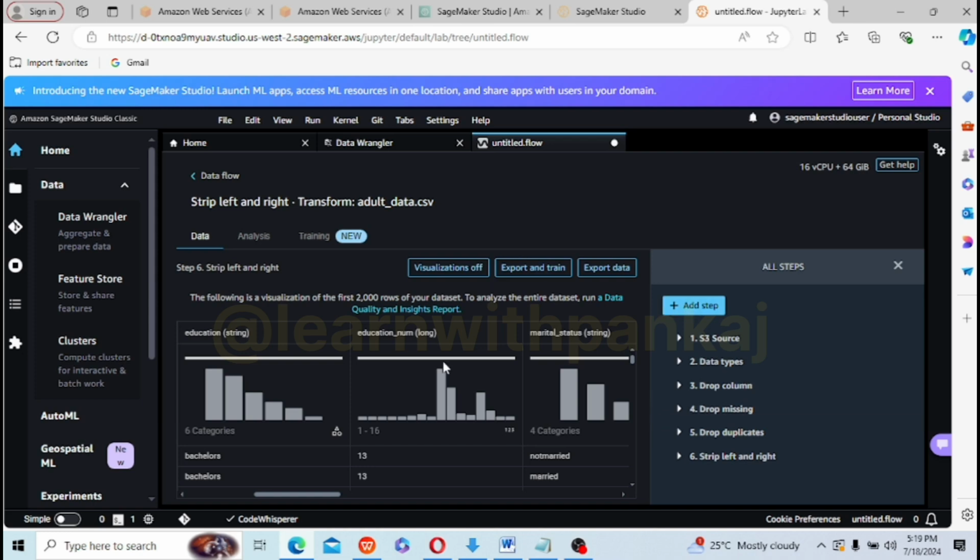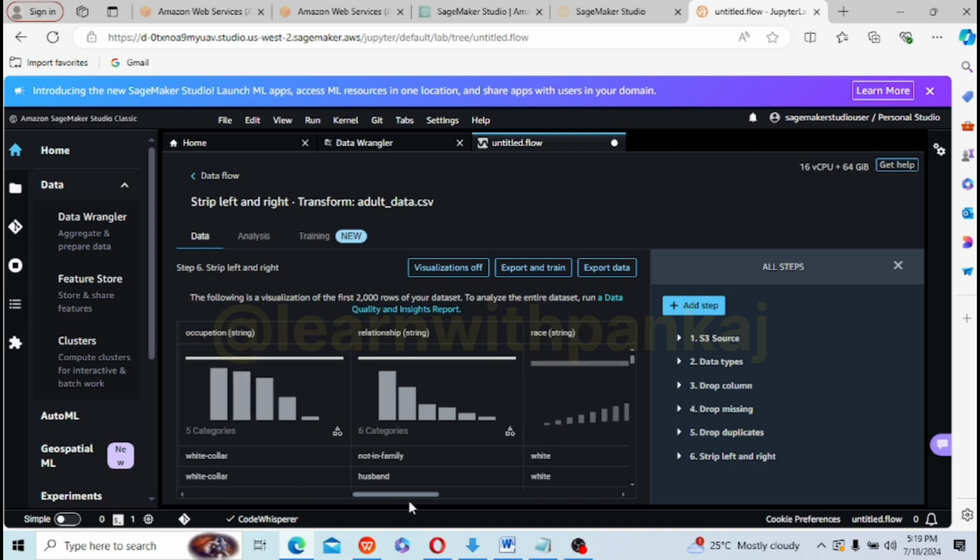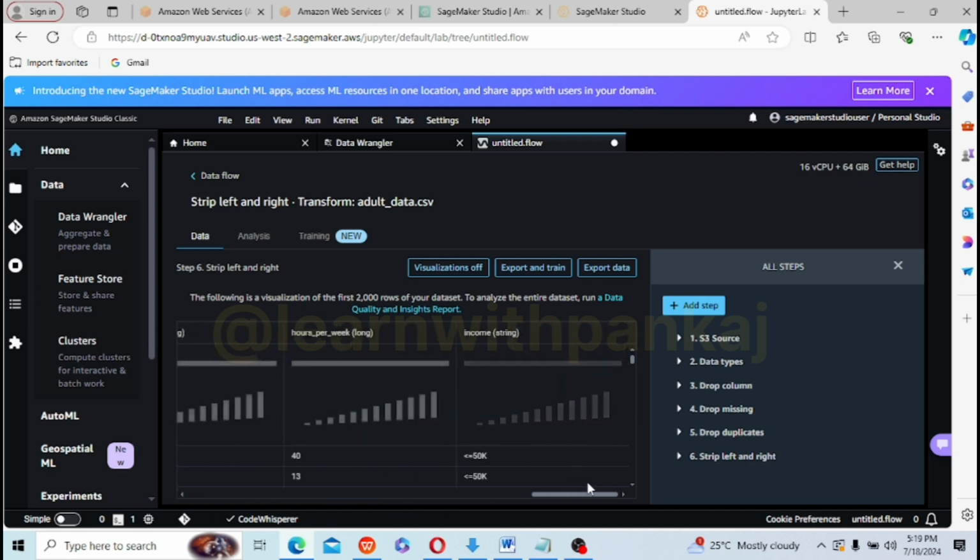Now our target is what? Income. Income has values in which format? Greater than 50k, or lower than 50k. Okay, now let's transform it. The goal for the model is to determine whether an individual is likely to make less than 50,000 USD. The target column already includes the information in string format. Okay, so we have to transform this into zeros and ones. So anything above 50k should be 1, and anything below 50k should be 0.